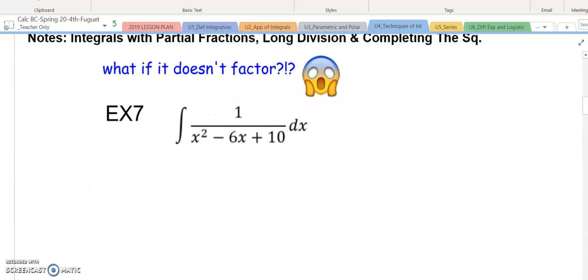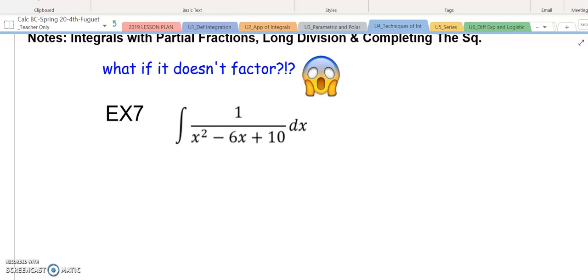So when looking at this, in the previous videos we've talked about u substitution as a technique. We've also looked at using partial fraction decomposition. But in this particular problem, x squared minus 6x plus 10 is not going to factor. So in order for us to do this, we are going to have to utilize a concept from algebra called